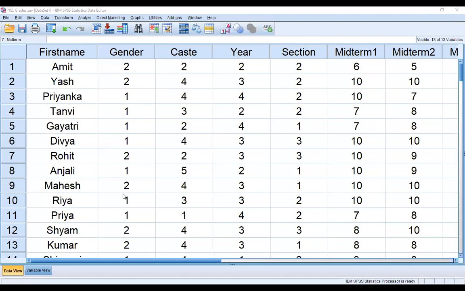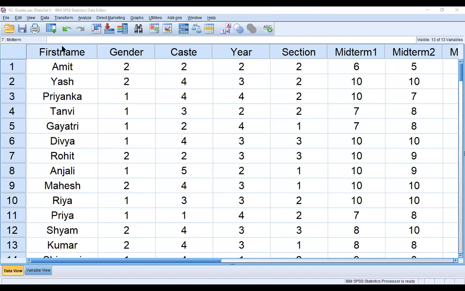In this case study, male students are studying and female also. I just want to know the performance of female students in each section. There are 3 sections: section 1, section 2, and section 3. So how to select the cases? You just see here.